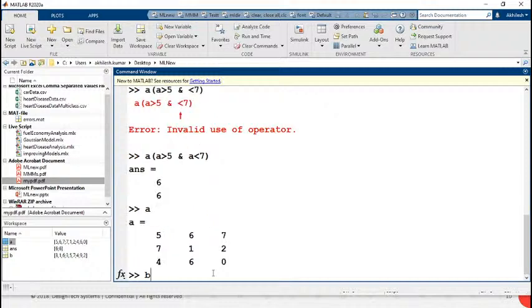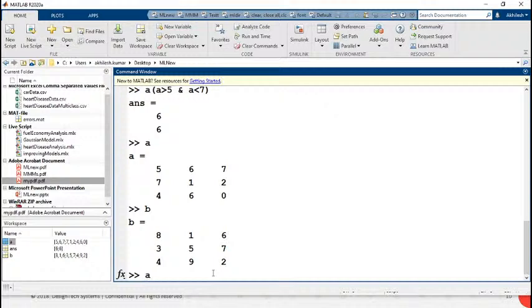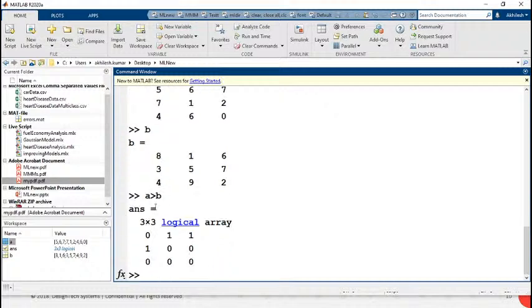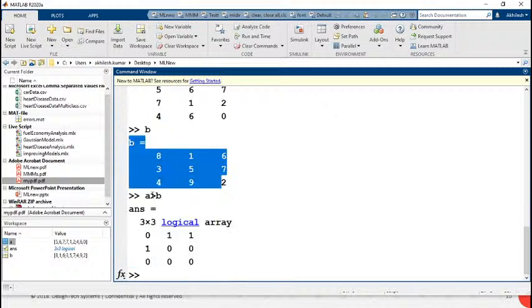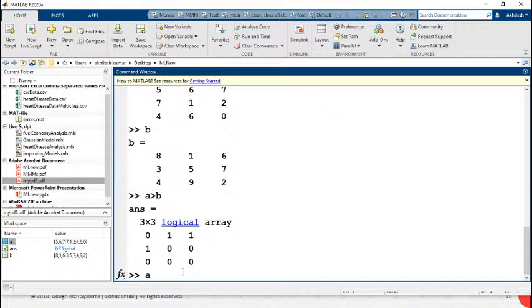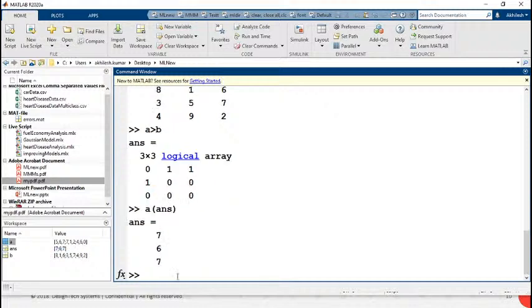Okay, this is my A, this is my B. I want value of A which is greater than B. If I run this, wherever these conditions are satisfied, I will get value 1, else I will get 0. So A greater than B, and to get the values, just simply A and this logical index, that as a default is saved in answer. So I will get all that value, that is 7, 6, 7, right? So either you are comparing two matrices or a single matrix, single vectors, you have to use